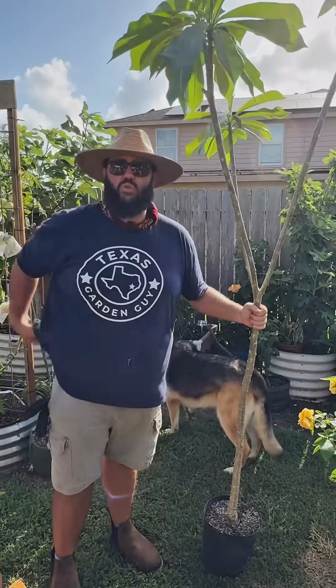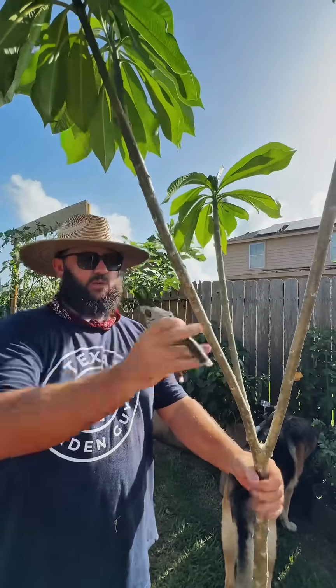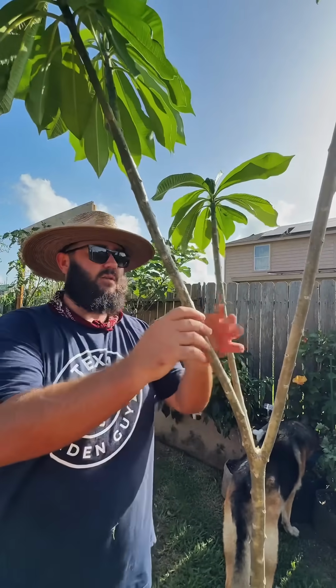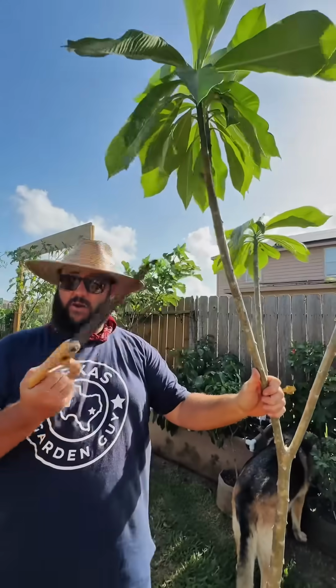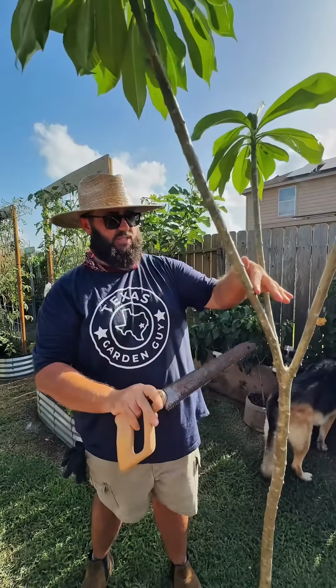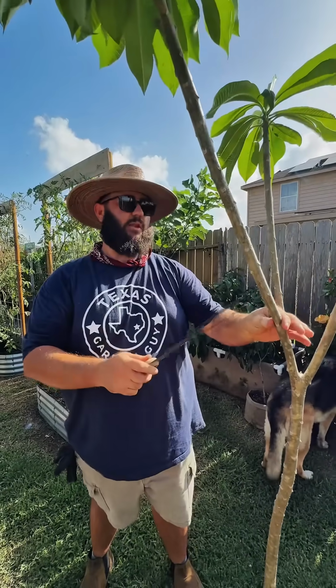The problem when you use pruners is you're squeezing. You don't wanna do that because you can cause more dieback. Get your saw, preferably a pool saw. I'm gonna sterilize it with some alcohol. Probably leave 6 to 8 inches coming off the top right here, and that'll leave plenty of room for it